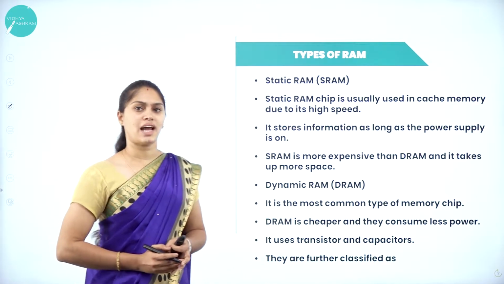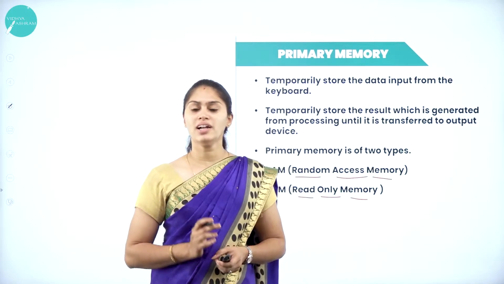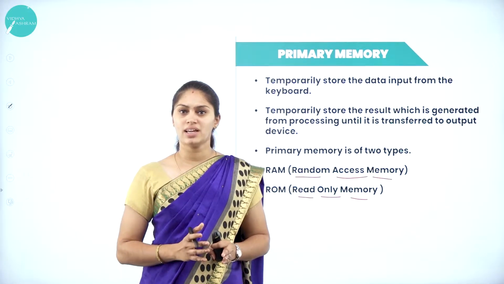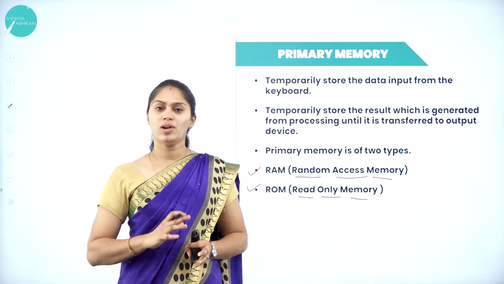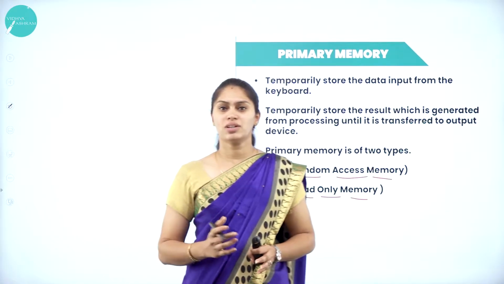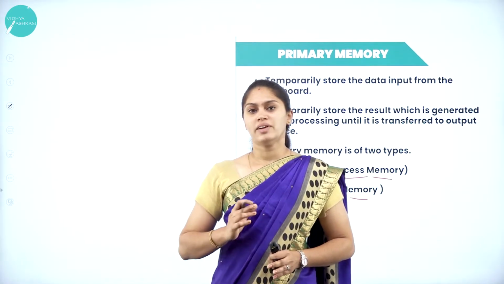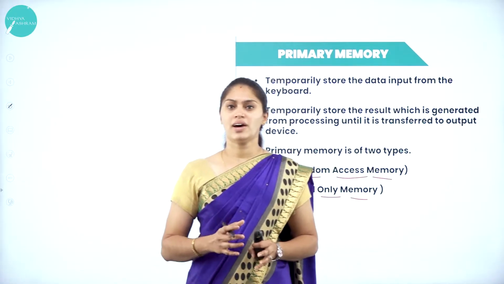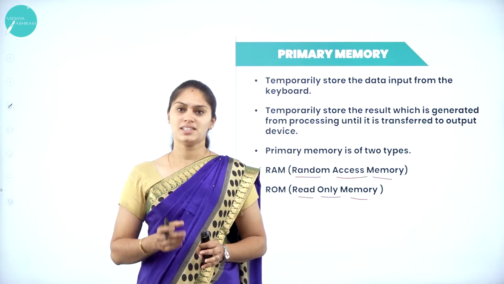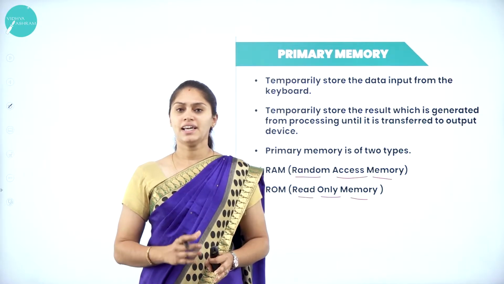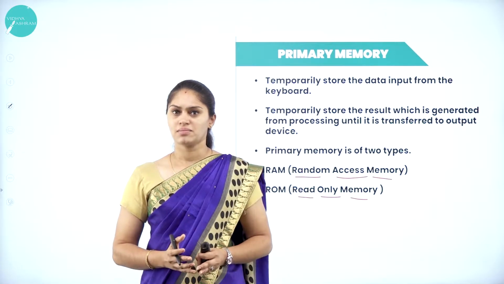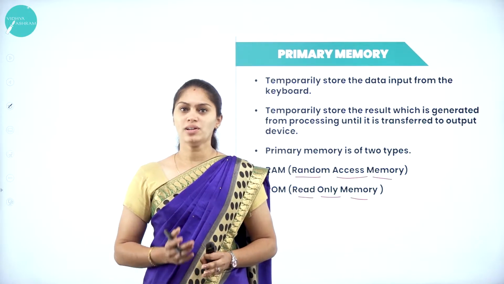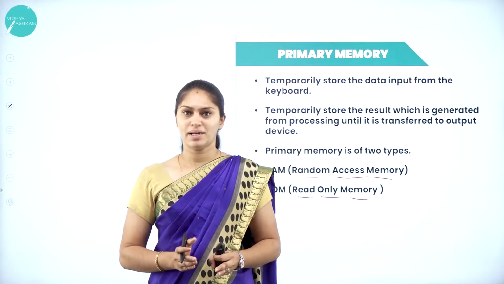So coming to the RAM. RAM is nothing but random access memory. It is a volatile memory. As I said earlier, volatile in the sense data and instructions will get erased or lost when the power supply is off. This RAM will hold the data and instructions which are currently required for processing. It is also expensive and able to store only limited data.